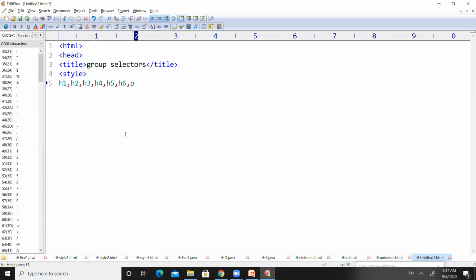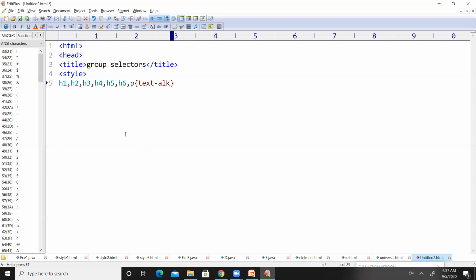So I want to apply some styles to all these tags, all under that, we are going to apply the same styles to this particular group of elements, right?